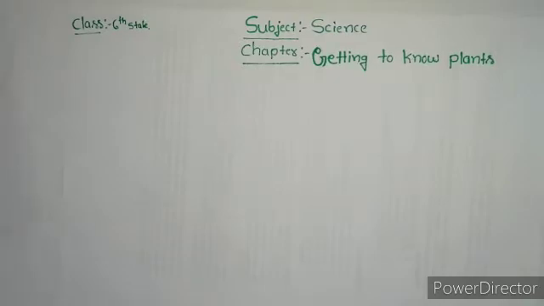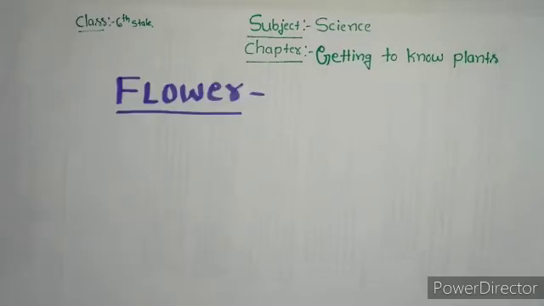Students, in this class, I am going to teach you flower, okay? Again. Students, flower is a very important part of a plant, and flower is a part which helps you to best recognize the plant, okay? If there is a rose flower, that is a rose plant. If there is a hibiscus flower, hibiscus plant. If there is a jasmine flower, that is a jasmine plant, like this, okay?